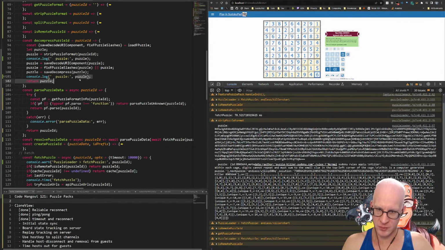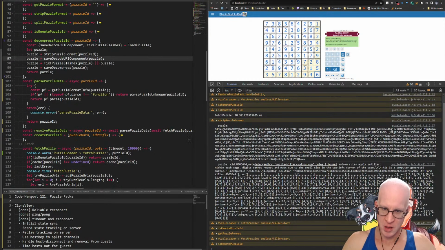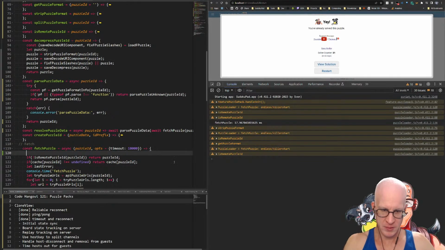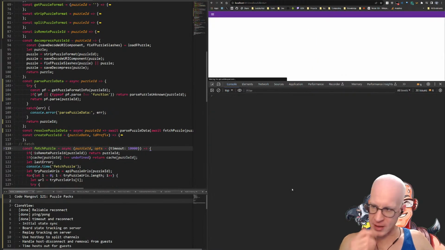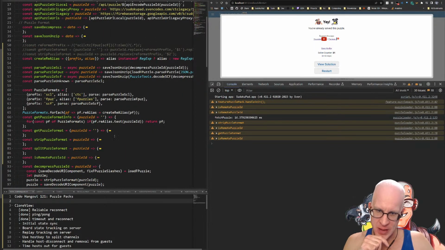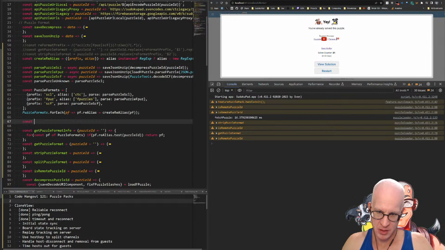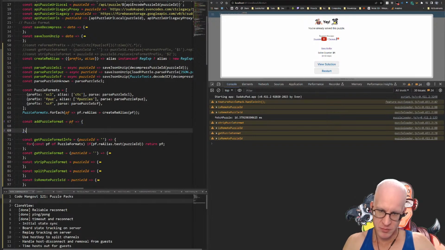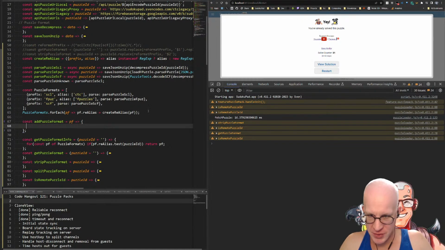Now, these puzzle outputs, we need to get rid of them. They're just gonna clog up our console. I'll get rid of this. But I think now we have the infrastructure to inject parsers. And I think I actually want to set up these other parsers the same way. So we really just want to have something like const add puzzle format. Pf. Right? And then we'll just do puzzle if